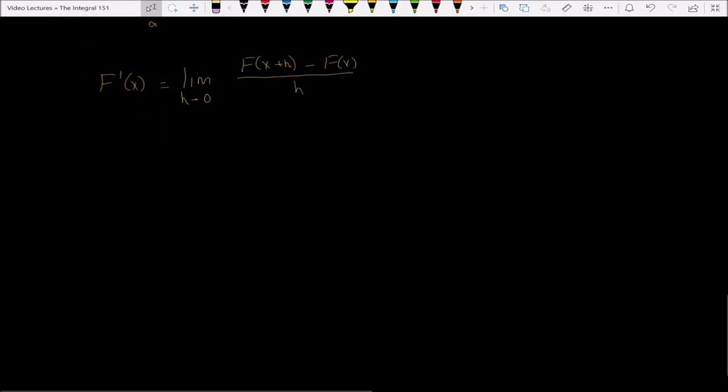Now plugging in how big F of x is defined, we get 1 over h times the integral from a to x plus h